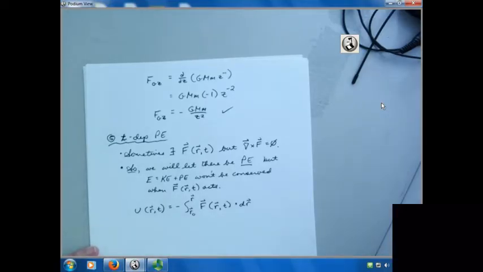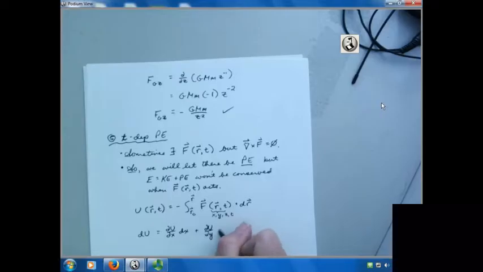All right, so we have this expression, except that we have an issue because this force here depends on x and y and z and time. So not just x, y, and z. And what that means is that an incremental change in potential energy can be expressed as the partial of U with respect to x times dx, plus the partial of U with respect to y times dy. We'll do this for each thing it depends on, plus the partial of U with respect to z times dz, plus the partial of U with respect to t times dt.